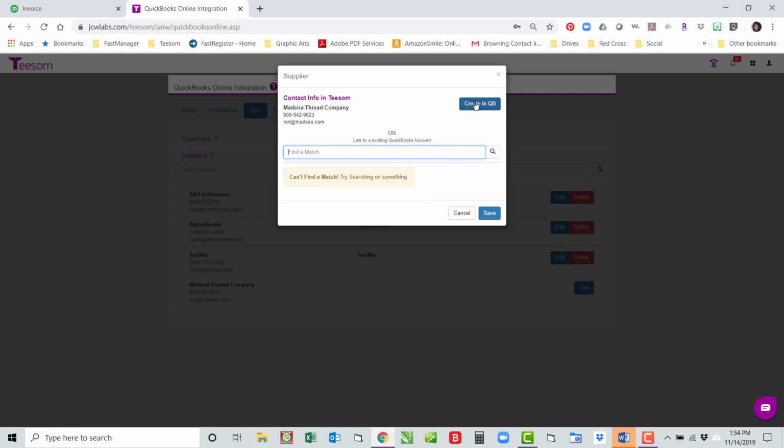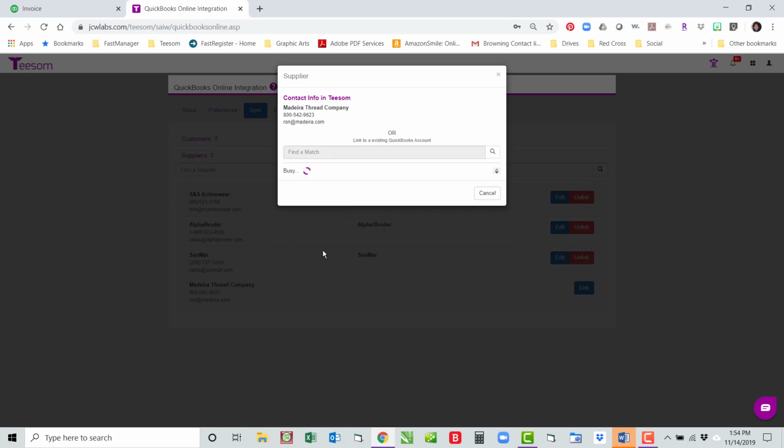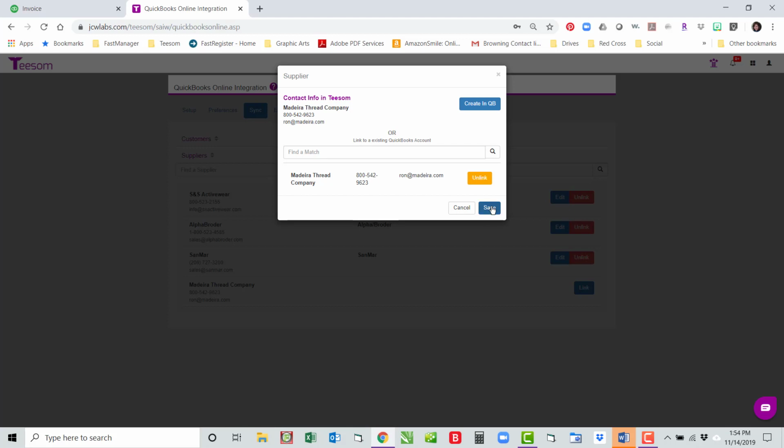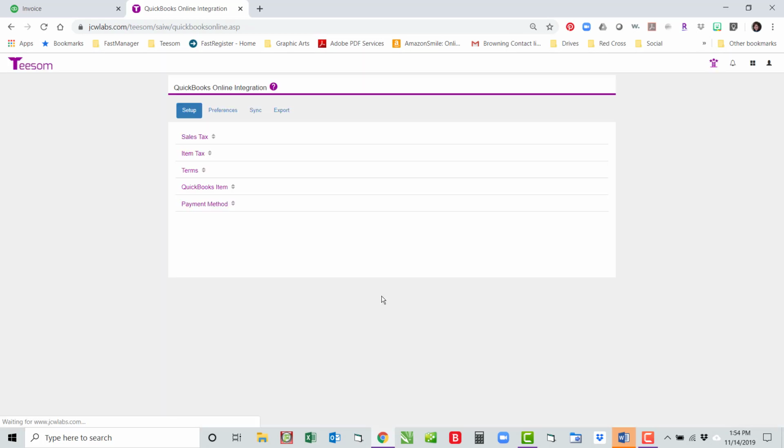We're going to click on Create in QuickBooks, and then hit the Send option. Now you can see it's linked, because obviously if I want to unlink it, I can click this option. So that tells me it's linked, and then I'll hit Save. If I hit refresh over here,